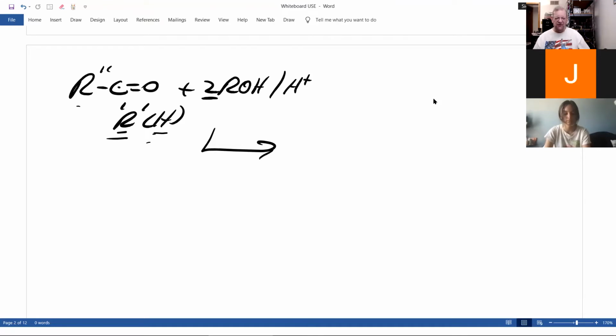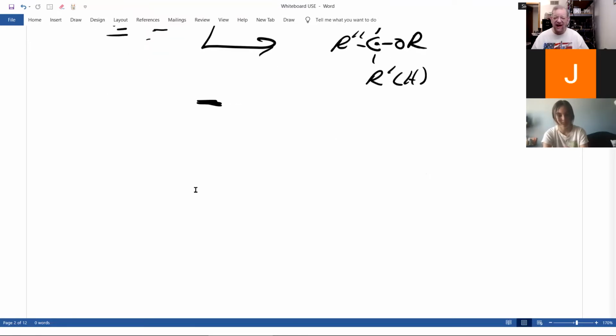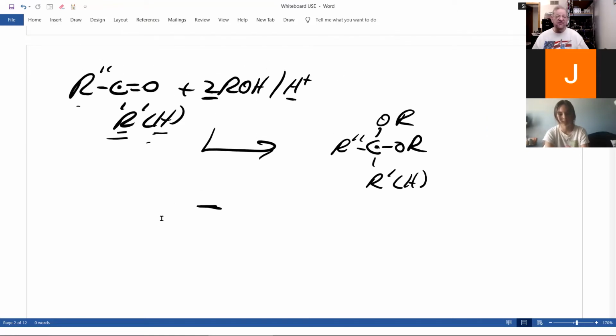The number 2. You have 2 alcohols with an acid catalyst. Keep your eye on the carbonyl carbon. What's attached to it, carbon or hydrogen, is still attached to it. But now on this carbon, we have 2 oxygens, and each one has an R group. That's why we have the 2. And this is called an acetal or ketal. And I'll teach you when we get into